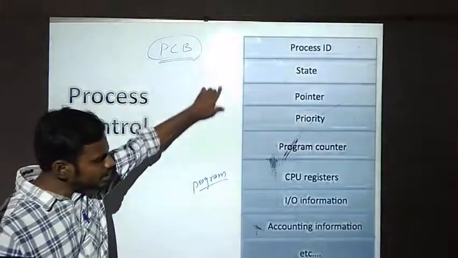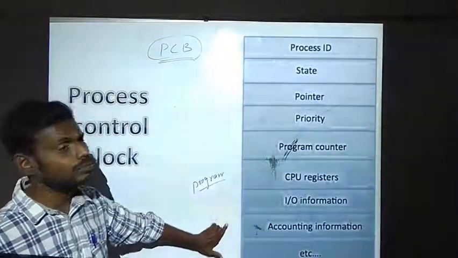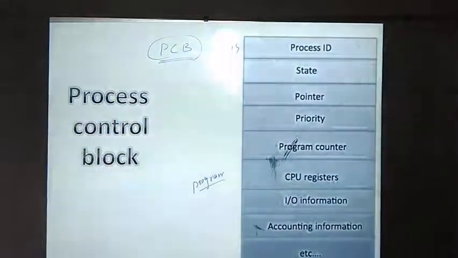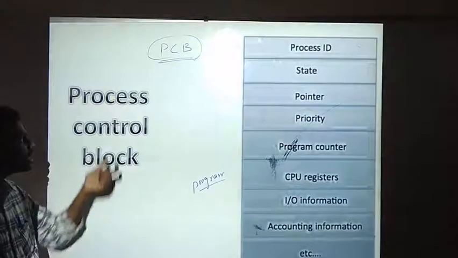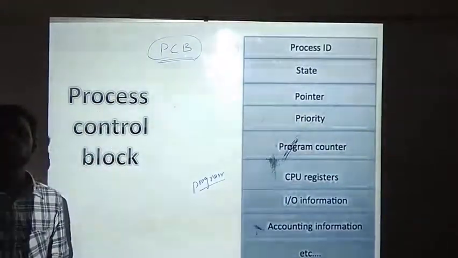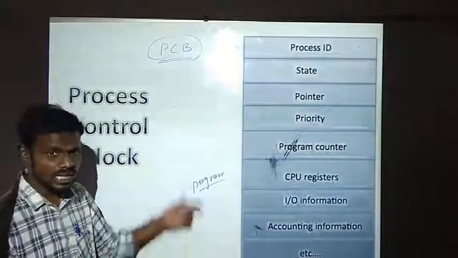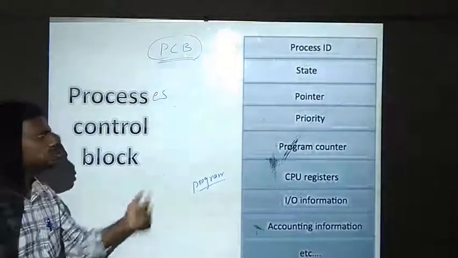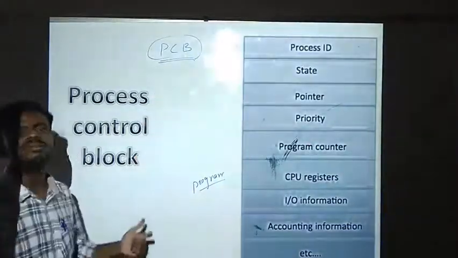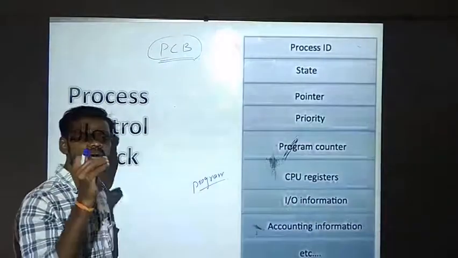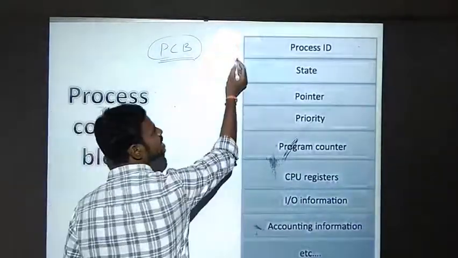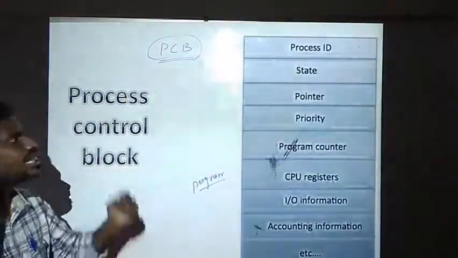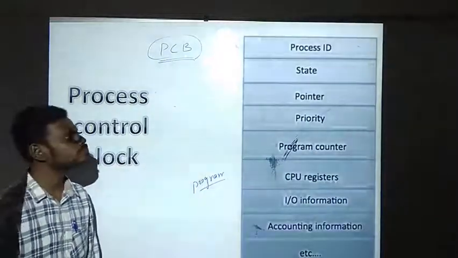These are the different kinds of information that we are going to store in our PCB. The first one is the process ID. To understand this, you should understand the process first. A process is a program under execution. When the program is under execution, we have a lot of processes, not only a single process, that need to be executed by your processor. In order to identify each and every process, we assign a number. That number is unique, and it is called the process ID. By that ID, we uniquely identify our processes.